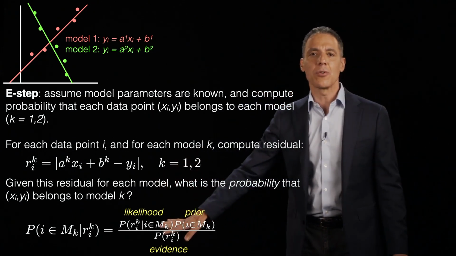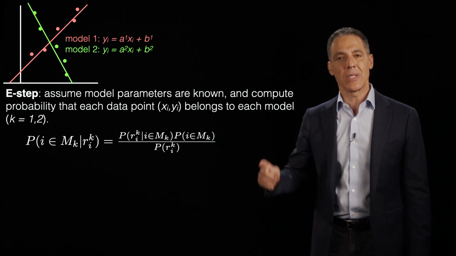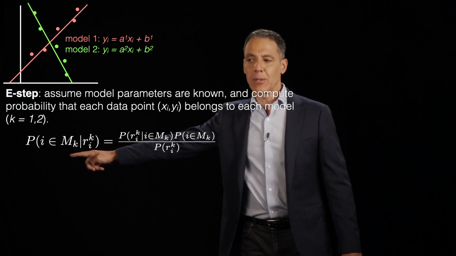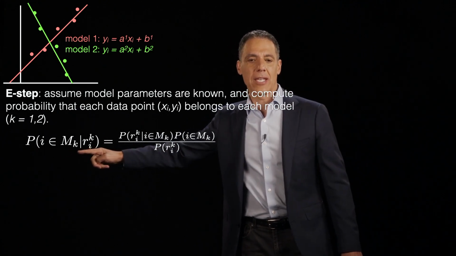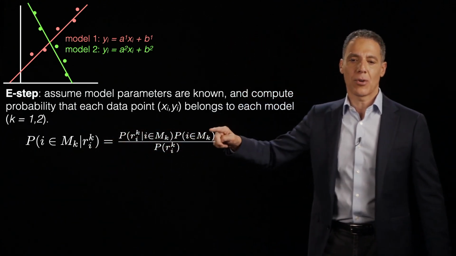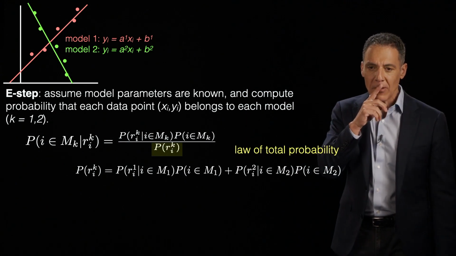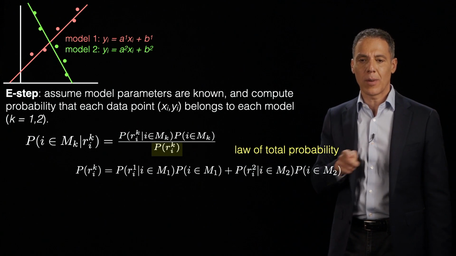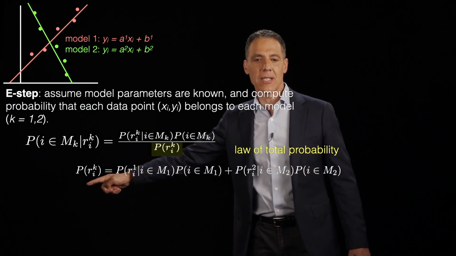So let's work through that Bayesian probability now because we need to compute that conditional probability. All right, I'm just going to redo the probability here. What's the probability I belong to model k given the residual, likelihood, prior, evidence? All right, this, of course, I can write out because the law of total probability tells me that the probability of